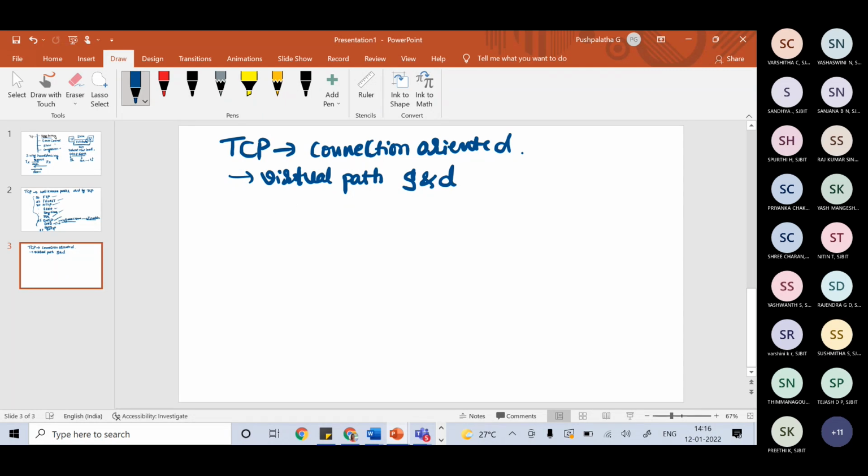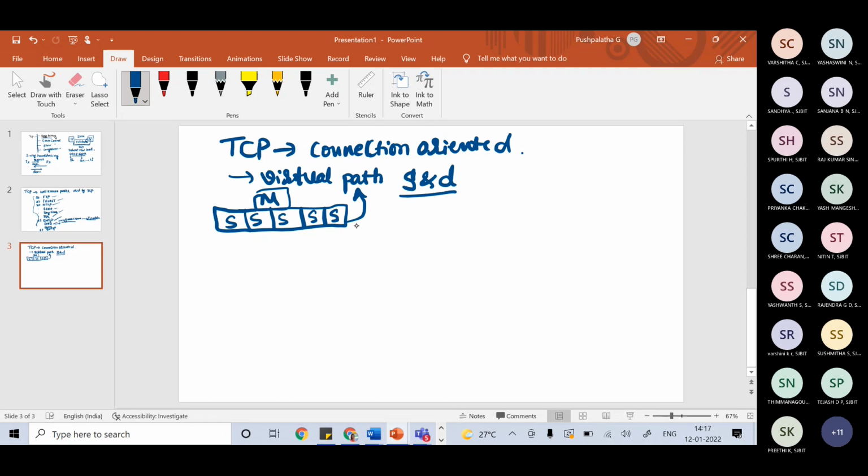That means all the segments received from the application layer, say I have a lengthy message, this total message is now segmented, so I have a lot of segments. All the segments belonging to the specific message are sent over the virtual path from source to destination.